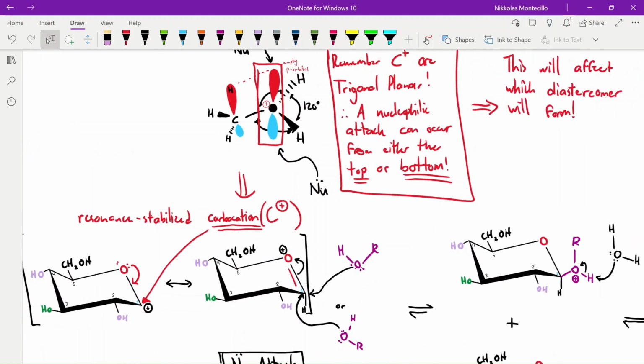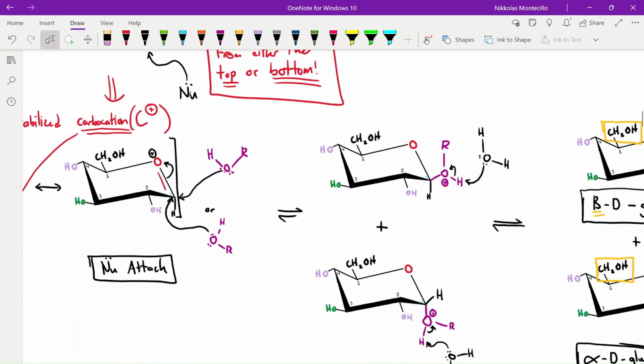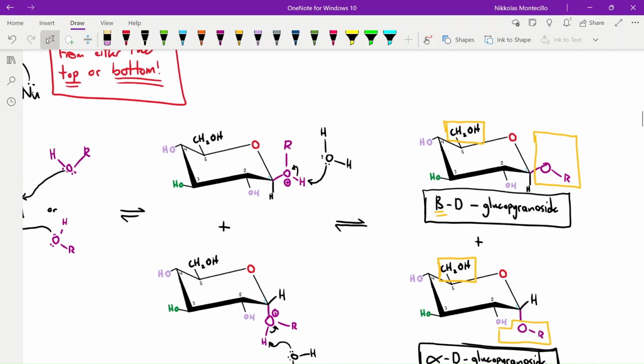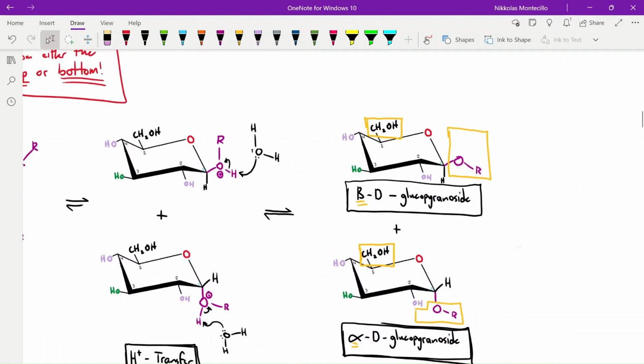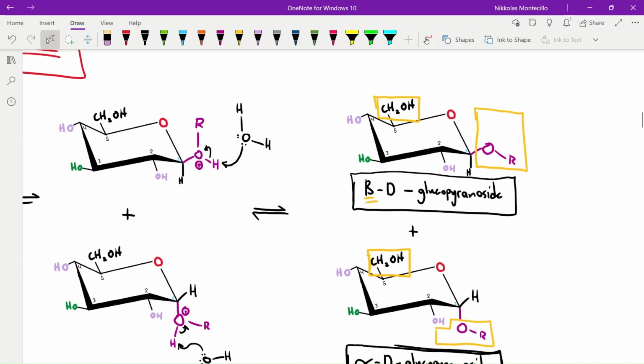And what we see here is the formation of an oxonium ion. And lastly, we have the deprotonation of the oxonium ion to get the formation of 2 stereoisomers, which in this case is beta D-glucopyranoside